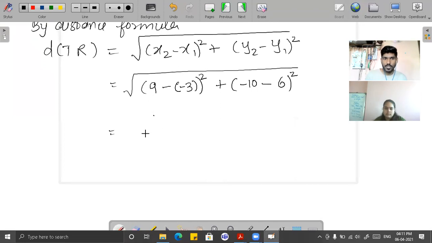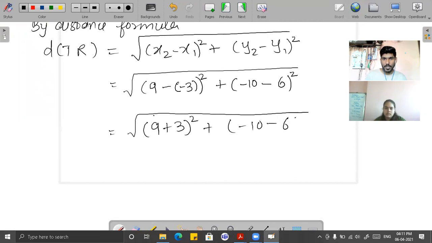Now we'll have to do the simplification. 9 minus of minus 3. What will this become first? Minus into minus will give you plus, 3. Correct. So this becomes 9 plus 3, the whole square, plus this I'll just keep as it is for timing. Now, what is 9 plus 3? 12. This becomes 12 square, plus minus 10 minus 6 will be,